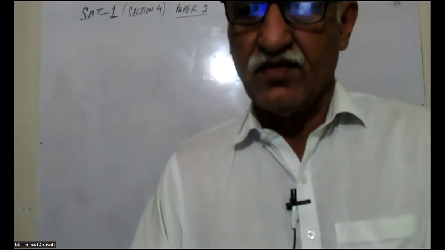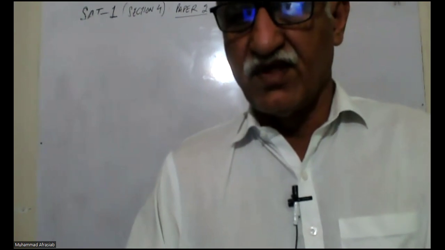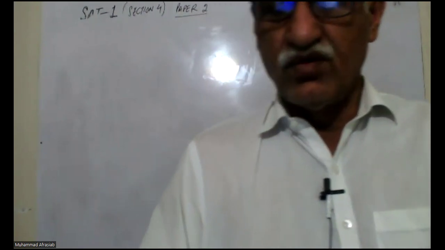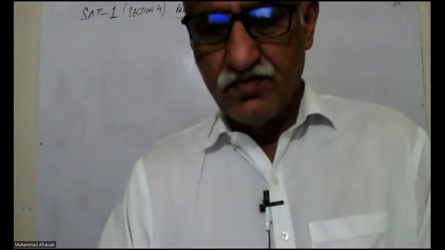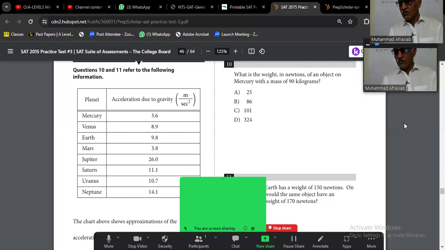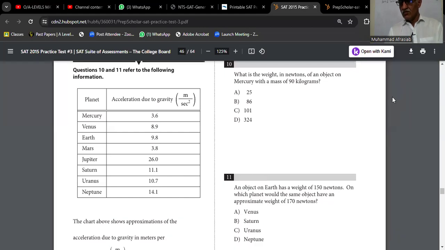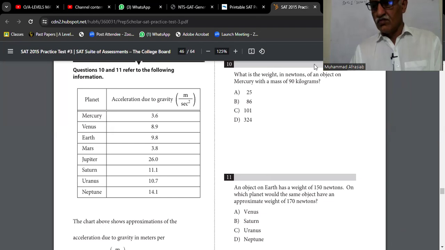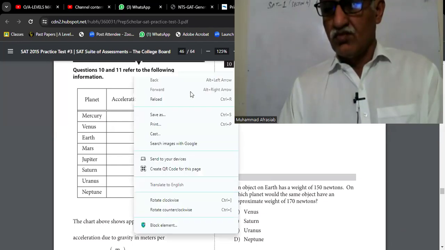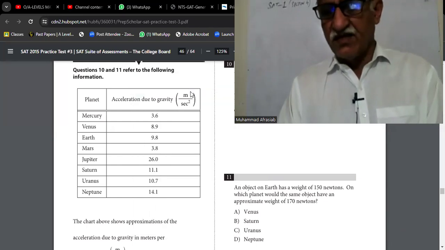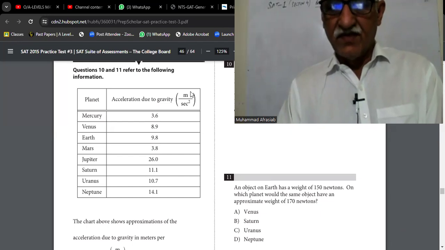We are now starting the rest of the questions for this paper Set 1, Section 4, Paper 2, from question number 11 and onwards. So they have shown the table on the left side for the different gravities and the names of the planets there. So now they are asking